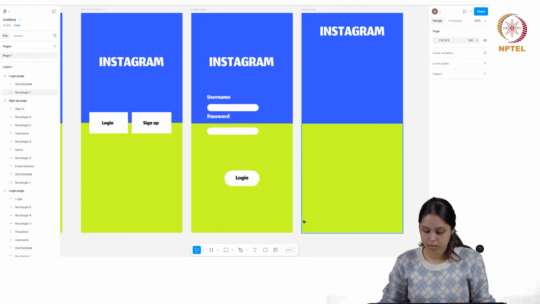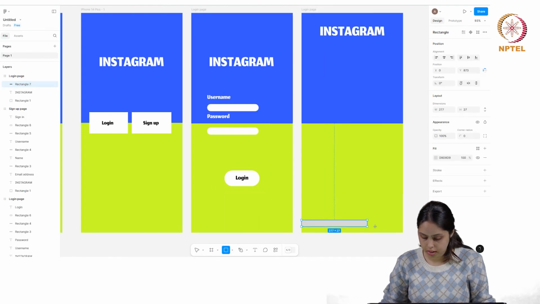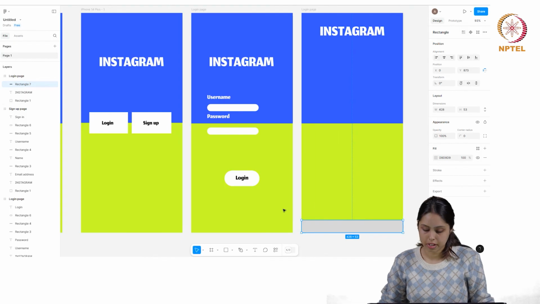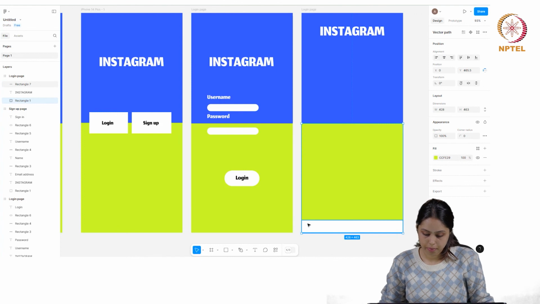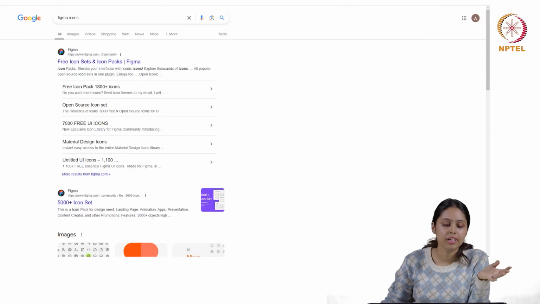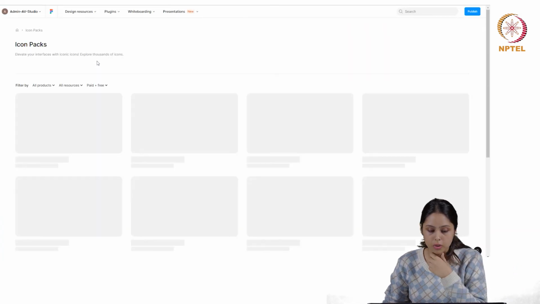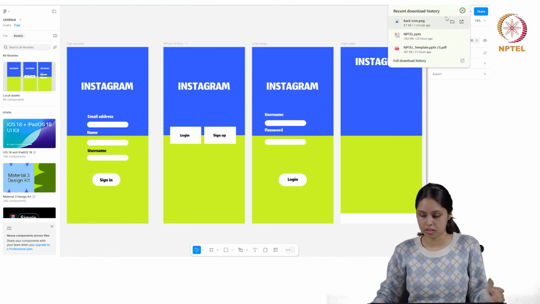You can actually add a panel here. We'll again choose a different kind of a shape for it, a rectangle, and then just drag it over here. We'll do the color as white again, and then we'll add different icons here. So basically you can actually go online and search for Figma free icons, and you'll find a set of icons that you can just copy paste to your template. Okay, you can just download an image of an icon from online and just use it here, copy and paste it.